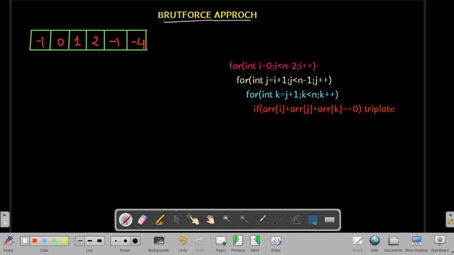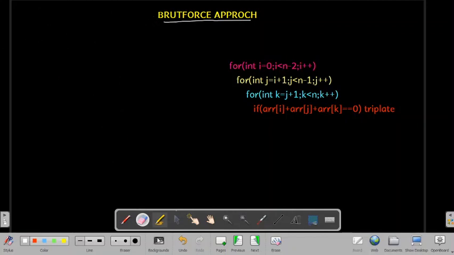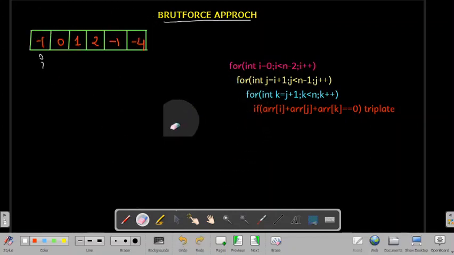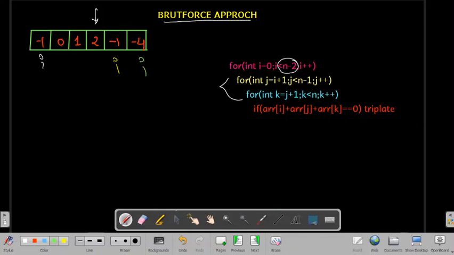So the idea is that if my i is here, my first for loop will go till n minus 1, because we are left with 2, and the second for loop will go till here, and my third for loop will go till here.